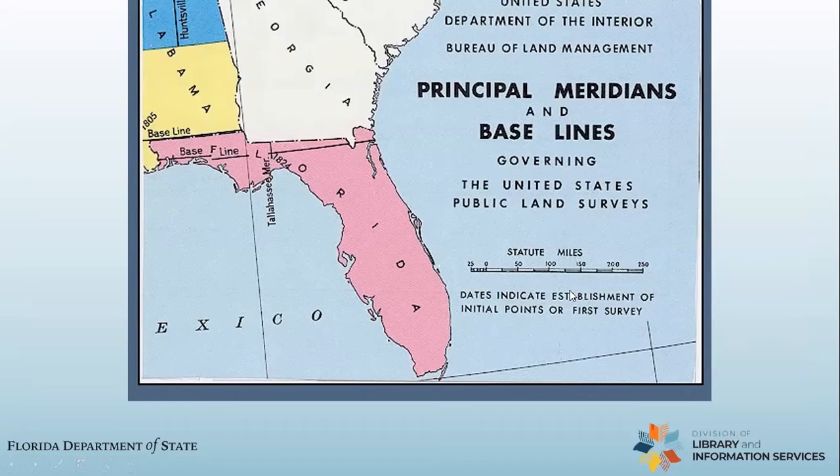The way the public land survey system works is, when the United States would acquire a new piece of territory somewhere on the North American continent, like, for example, when the United States acquired Florida in 1821, one of the first things they want to do is sell or auction land off to people as quickly as possible.